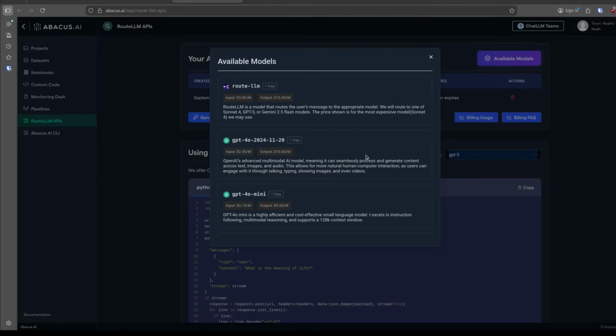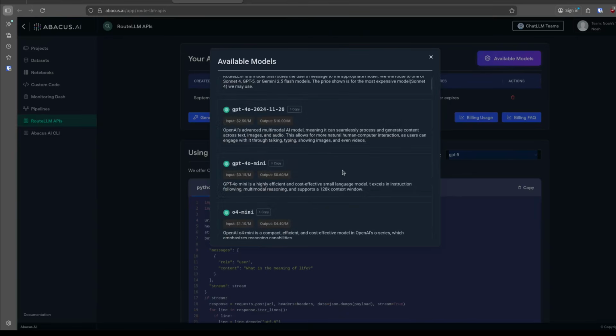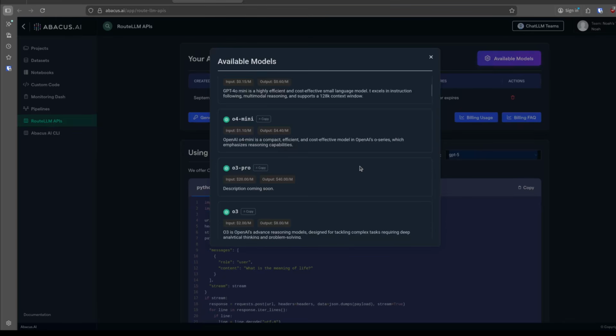Now, I will note that this list of available models, at least last I looked at it closely, was a little bit different than the models that are available through the actual ChatLLM. And the inputs and outputs here are provided in terms of dollars, but from what I saw, it just uses my credits. So it's kind of hard to know what this means. When I looked at this, I was like, okay, GPT-4o is going to cost more credits than GPT-4o mini, but it's not very transparent in terms of actual credit usage without me doing math to figure it out. And I just ain't doing that.